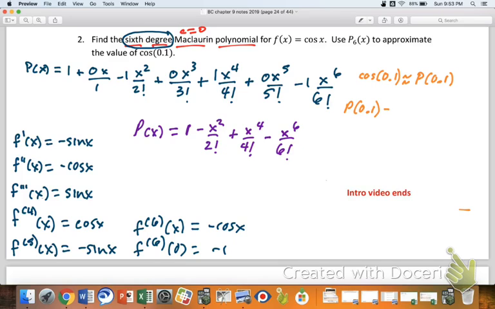So p of 0.1 equals, all I need to do here is plug in that 0.1, use the calculator, and approximately 0.995. And then just for sake of argument, if I wanted to know what that actually was, according to the calculator, cosine of 0.1 is approximately,